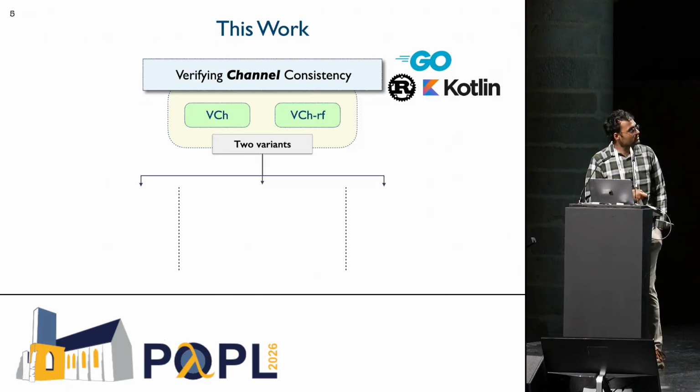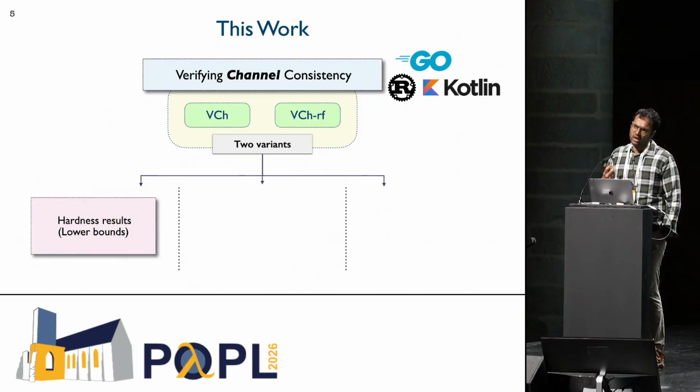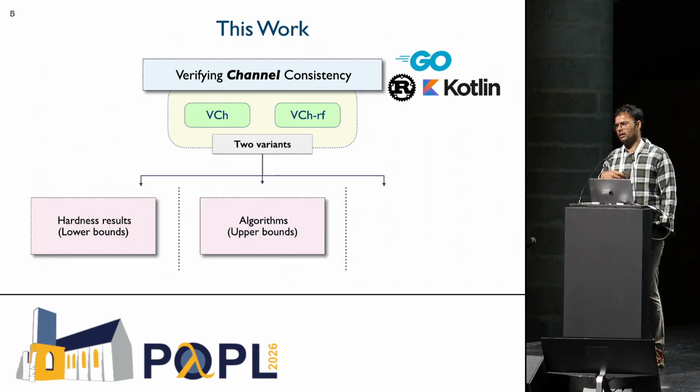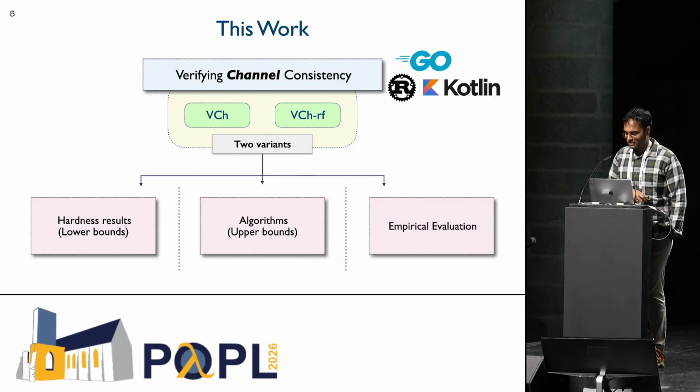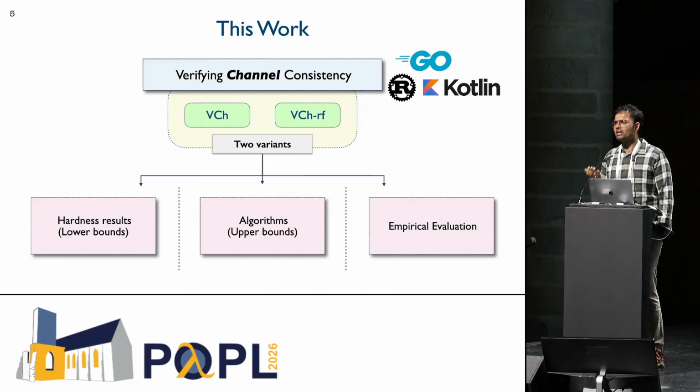In this paper, we look at this problem from a computational lens, and we identify how difficult this problem is, and we state some lower bounds on solving it. We also come up with upper bounds, which in some sense are very optimal. They're matching upper bounds. And we also evaluate our algorithms and test if they really would fare okay in practice.